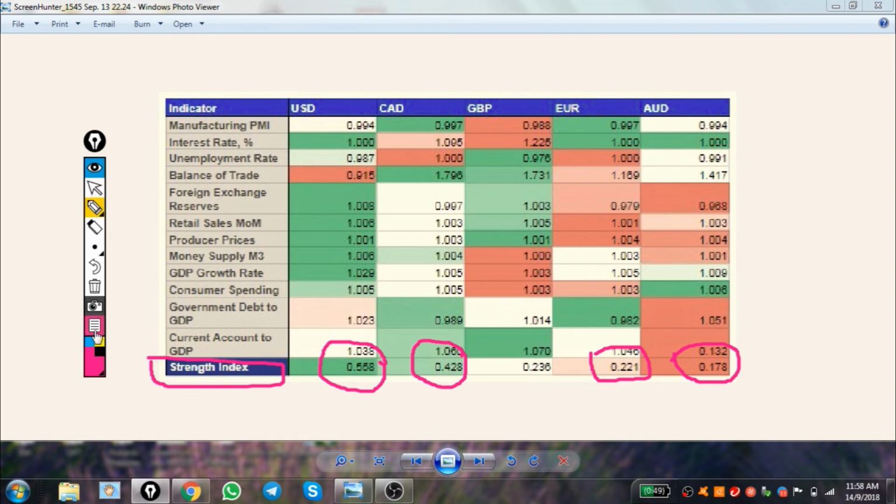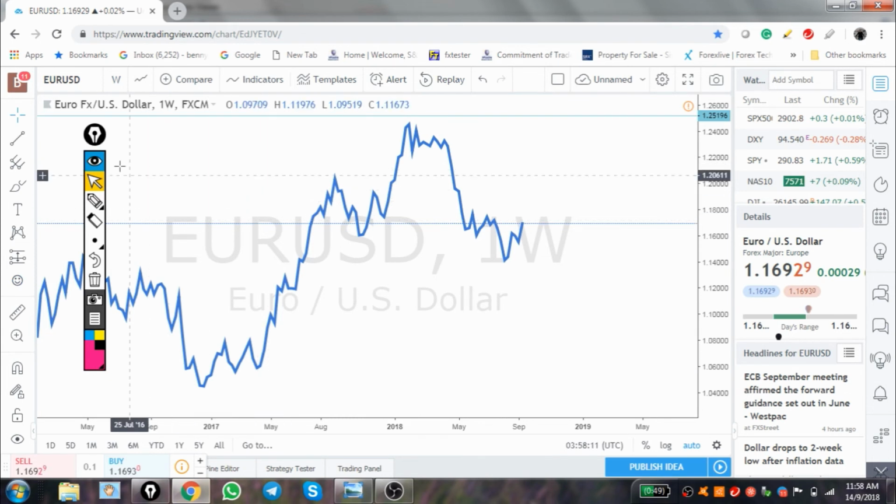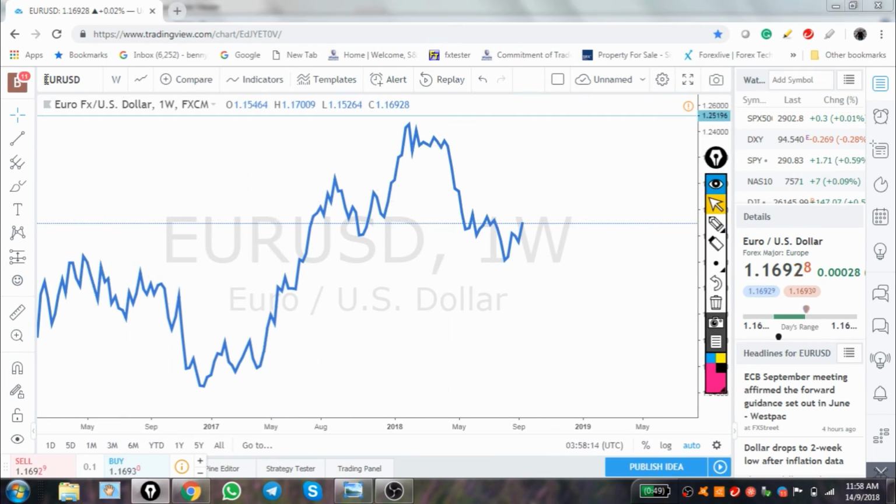So let's take a look at some of these currency pairs. If we take a look at this pair, for example euro against dollar, you can see the euro against the dollar is in a downtrend. Why? Because just now we saw the euro is one of the weakest currencies and the dollar is stronger. So no wonder you see the euro going down against the dollar. You might say that right now we see the euro start moving higher. Well, this is short term, but in the longer time frame, the trend is down.